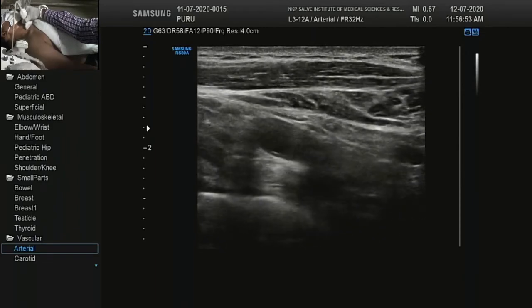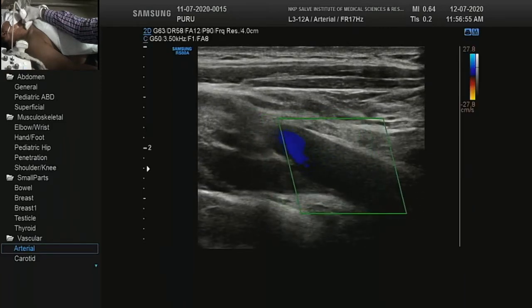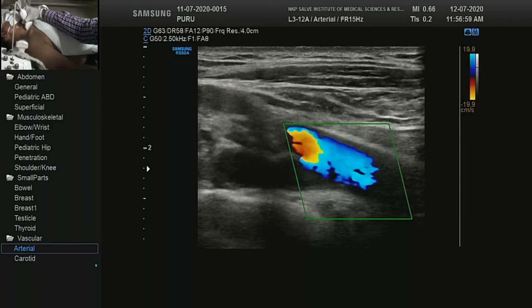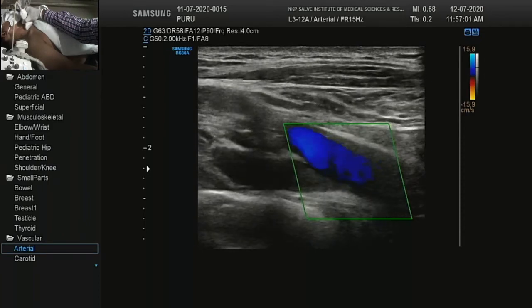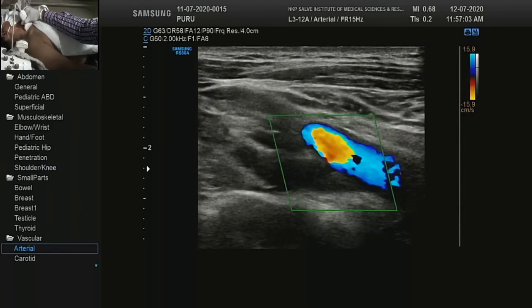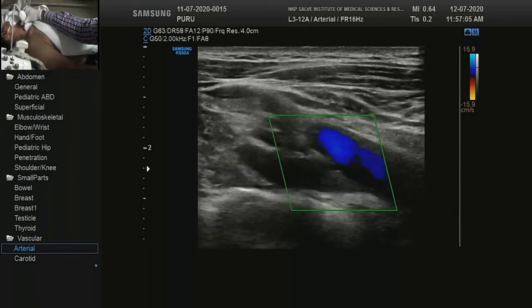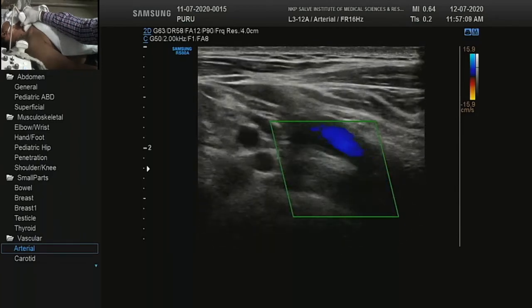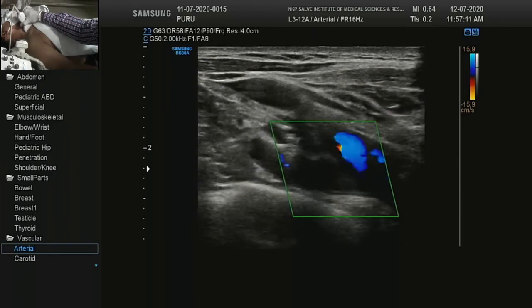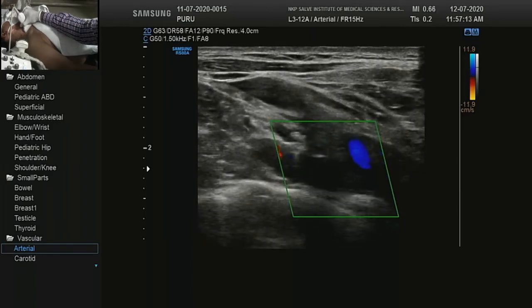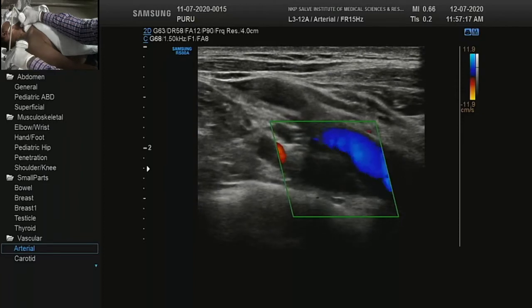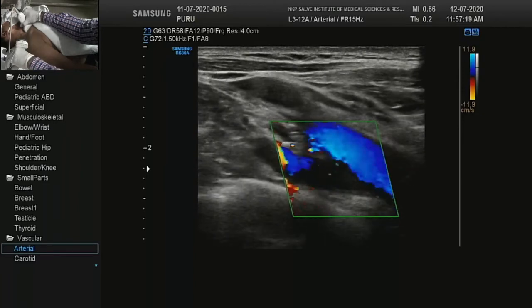So how do you confirm what changes it is making to the circulation? We will see this. This is the origin of both common carotid and subclavian artery. I will just reduce the PRF so that if there is a little bit of flow we can pick up, increase the gain, whether we can see anything across.